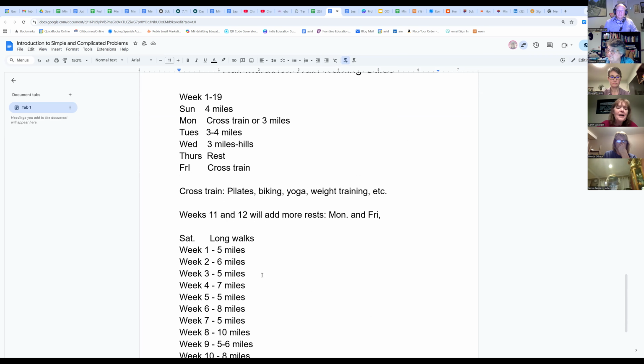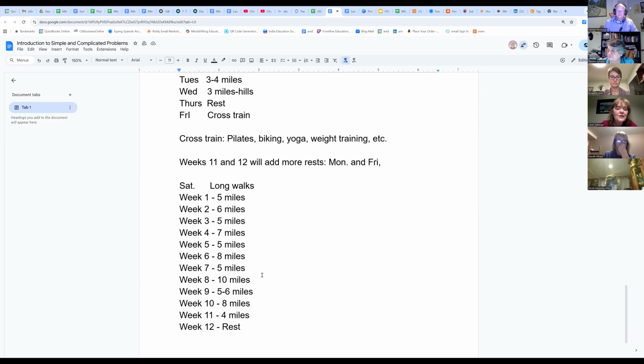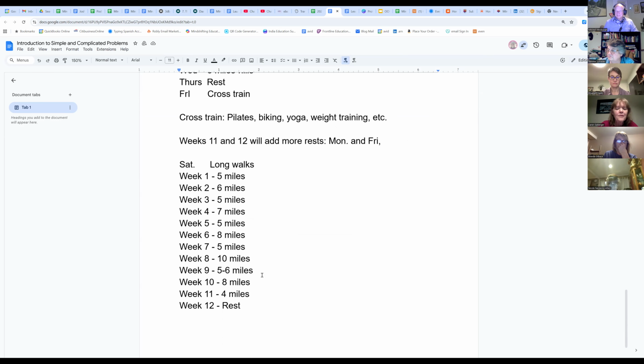And one reason I chose this is because after I retired, I decided to do a half marathon with my friend who had done it before. And I really had no idea how to go about it. And I was starting to think, I don't even know how we're going to do this. Like, how do I get from a couple miles to 13 miles? So anyway, you can see that